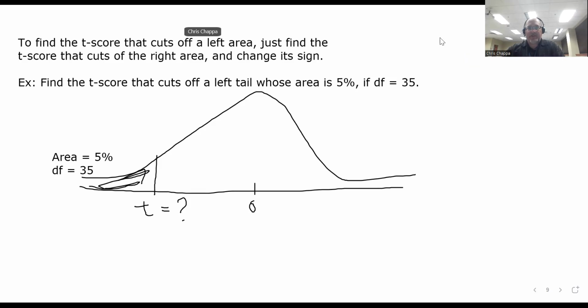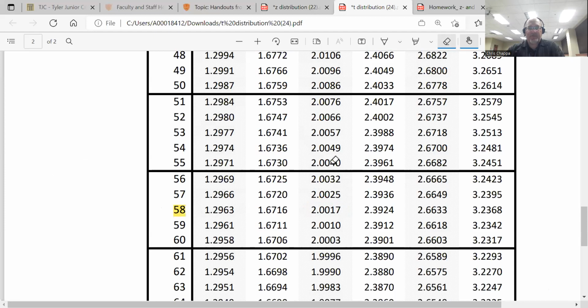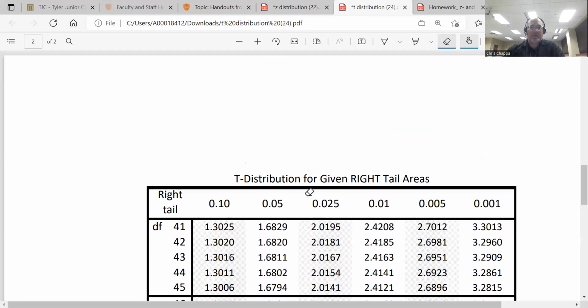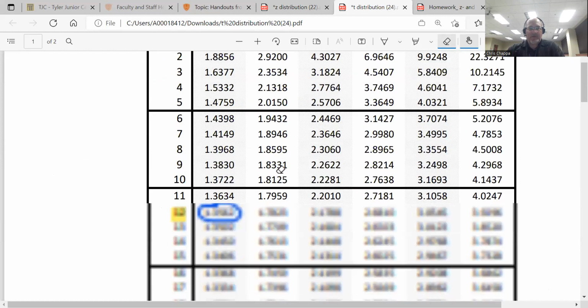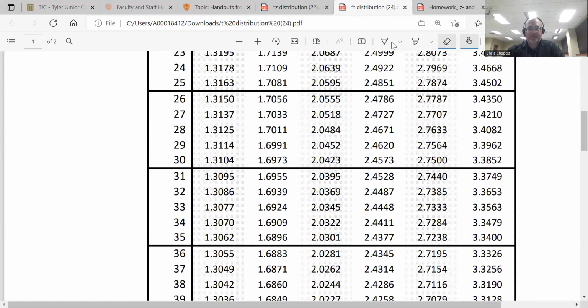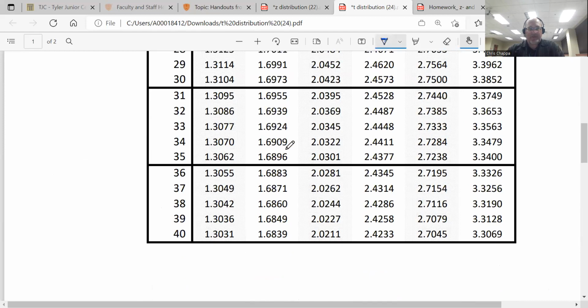5% and 35 degrees of freedom. Let's clean this up. 35 degrees of freedom will be on the front. 5% will be the second column. And 35 degrees of freedom, second column, 35 degrees of freedom,